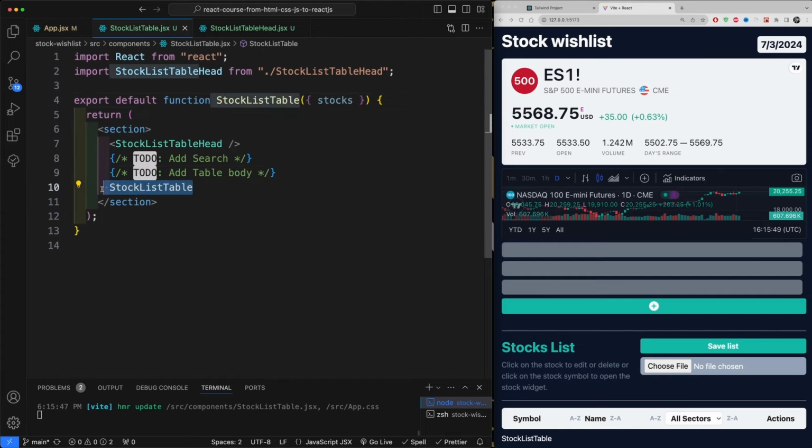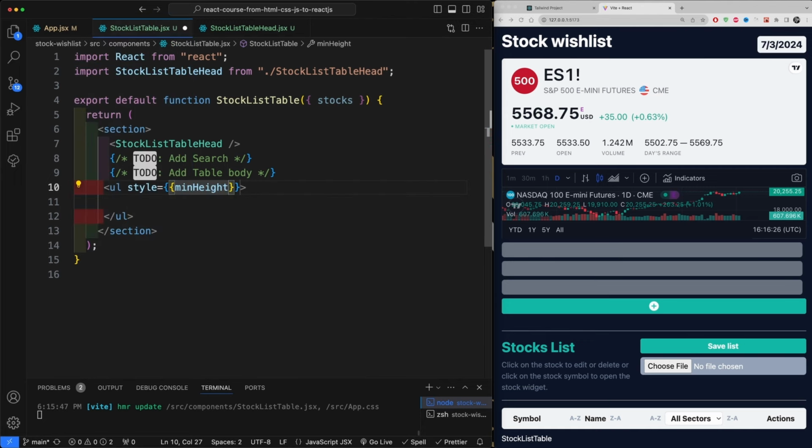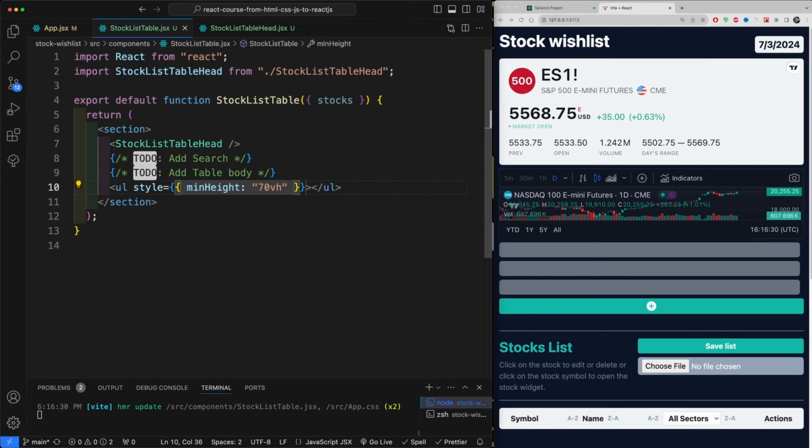And now let's start working here on our table by creating a UL. The UL is going to have, now I'm going to assign a style to it. So a min height of 70 viewport heights. So 70 viewport heights. If you're asking yourself, why am I not doing this using Tailwind CSS? Well, there's a bit of a problem with this specific height functionality. Okay, but I'm still going to add Tailwind CSS classes, being that this is going to be a container and